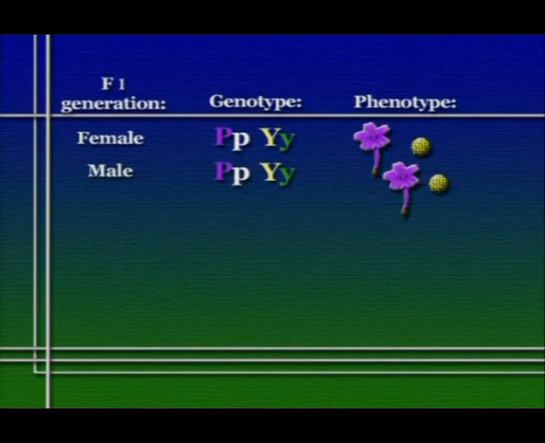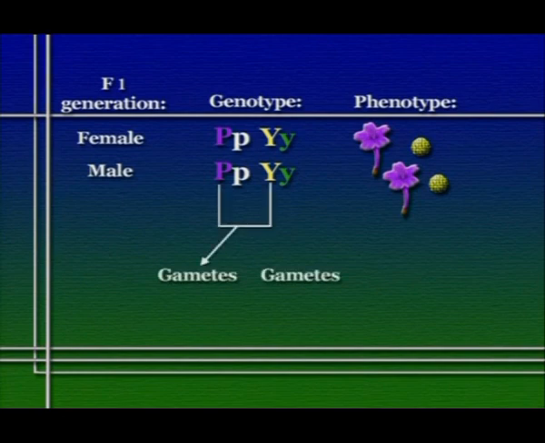For example, we know that each F1 individual has one big P allele that it inherited from one parent and one big Y allele that it inherited from the same parent, the mother in our example, and each has a little p allele and a little y allele that it inherited from its other parent, the father in this example. When these F1 individuals make gametes, do the two maternally derived alleles, big P, big Y, always go